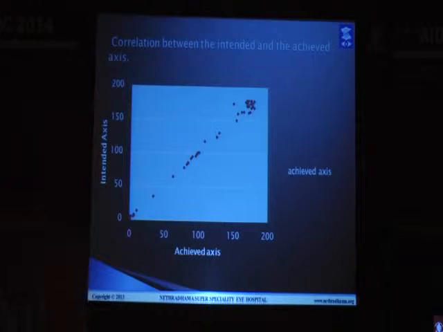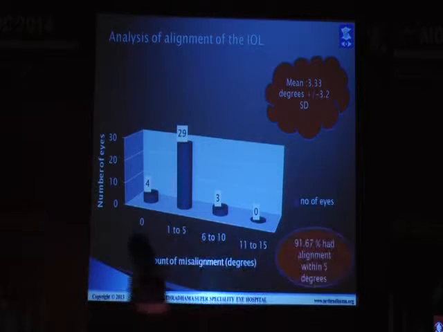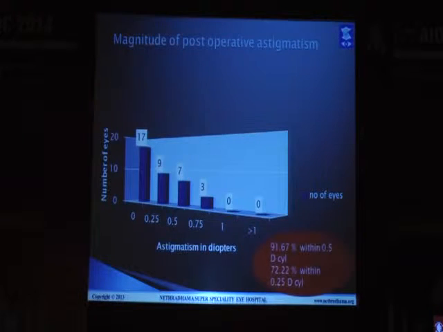We studied the correlation between the intended and the achieved axis. As you can see, there's quite a close correlation between the intended and the achieved axis. Analysis of the alignment of the IOL showed that 91.67% of patients had alignment within 5 degrees of the intended axis, and the mean rate of misalignment was 3.33 degrees. We analyzed the post-operative astigmatism and saw that 91.67% had post-operative astigmatism within 0.5 diopters, out of which 72.22%